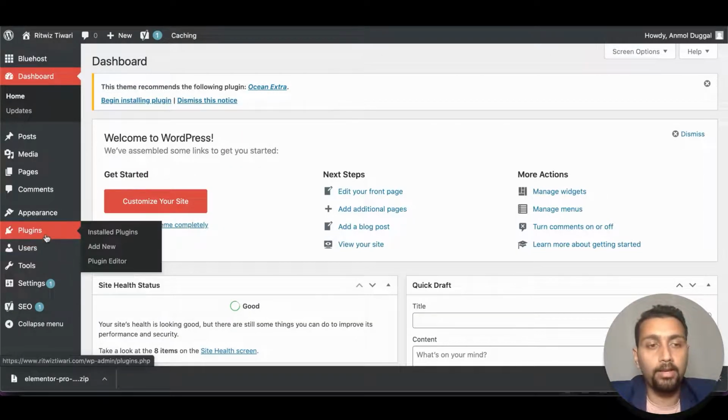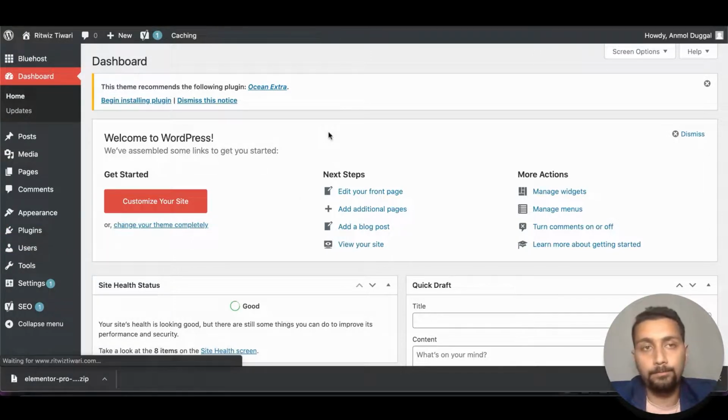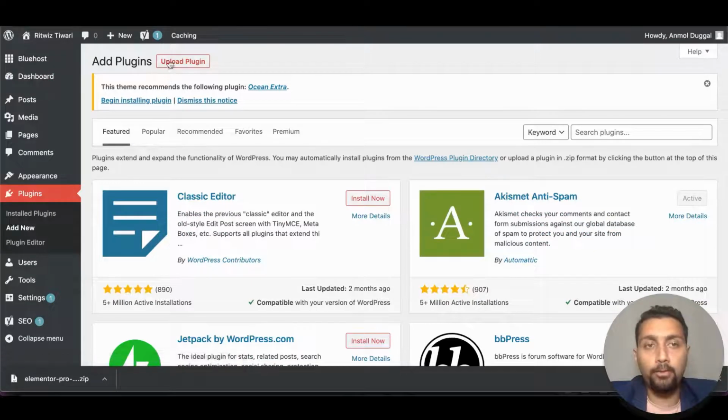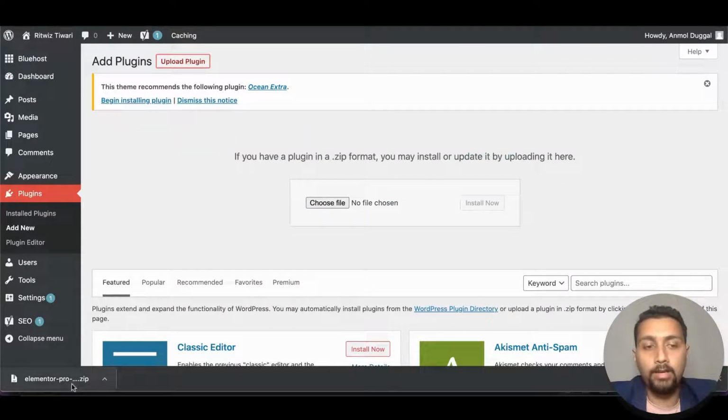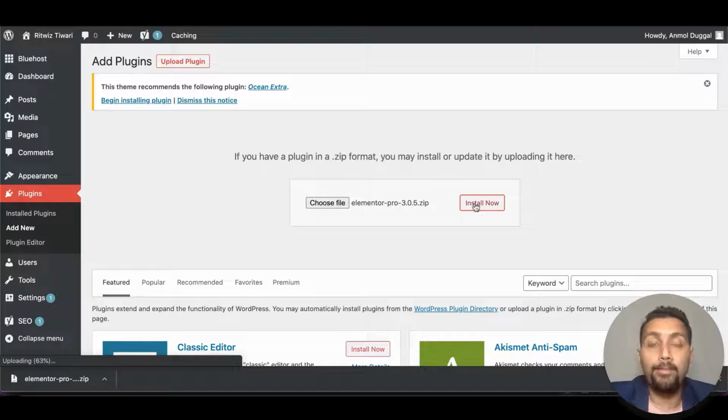So let's go to the plugins area and click on the add new option rather. And as I told you that we have an option to upload the plugin, so I'm going to just do that. I'm going to drag it here and install the Elementor Pro plugin. But now there is a catch here. I like to tell you that Elementor Pro is an add-on plugin on the free plugin itself. So you need to install the Elementor basic plugin first, and on top of that you have to install the Elementor Pro plugin, which will allow you to actually use the pro features of Elementor.